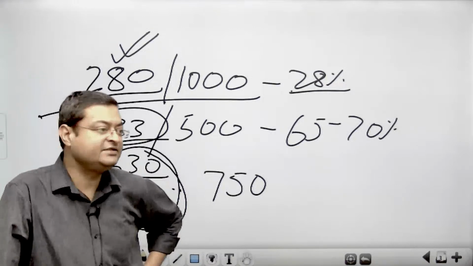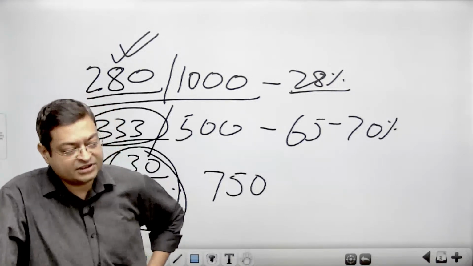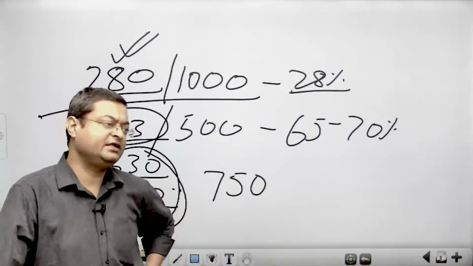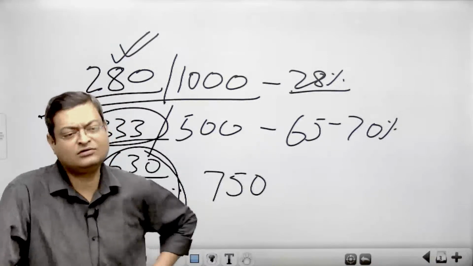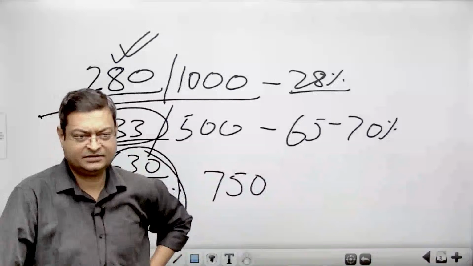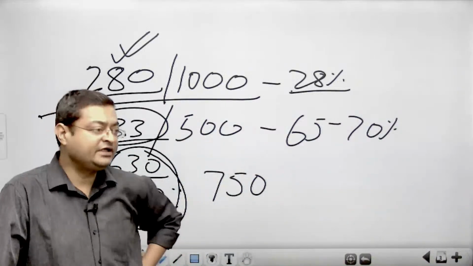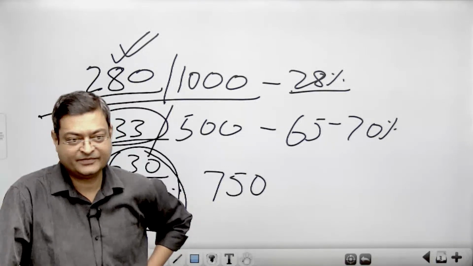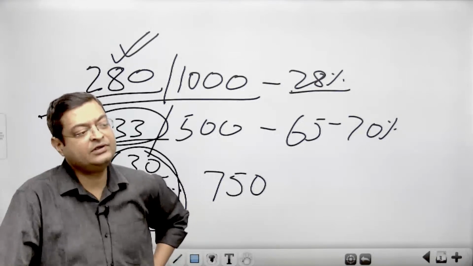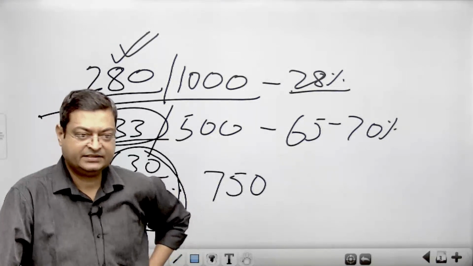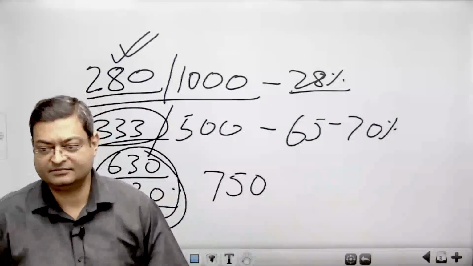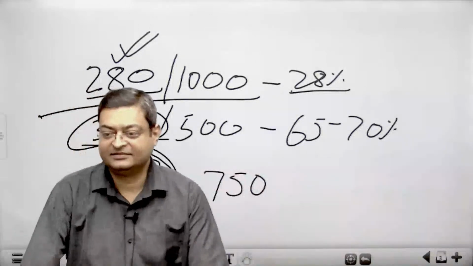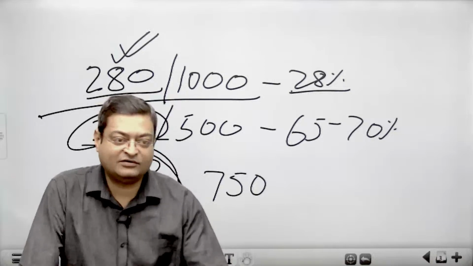Plan your strategy very well. See, each and every part in optional or in GS will not be in your command. And that is very true. I'm very weak in economics, but I know economic geography. I do not understand the basic concept of GDP also. Even in optional, I was very weak in thoughts, so I'm not going to take that section. A different expert will be there. I'm only going to take some 70% of your syllabus. The remaining 30% will be taken by Jojo sir. So I'm very clear on that. If I'm weak in thoughts, I'm not going to take that section. क्योंकि मैं अपनी वीकनेस से अगर आपको पढ़ाऊं तो आपका सिलेक्शन नहीं होगा.